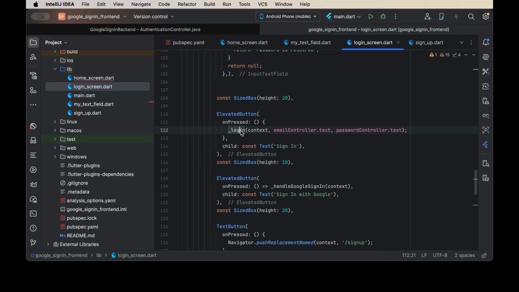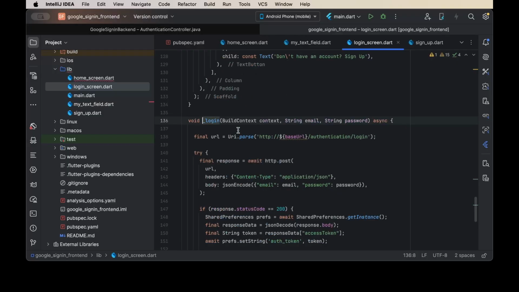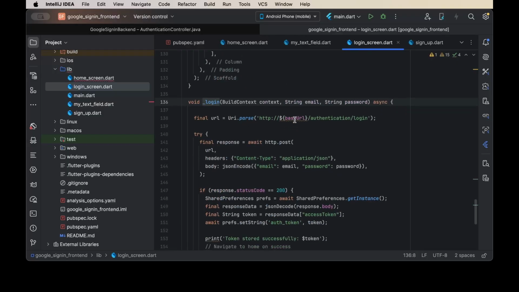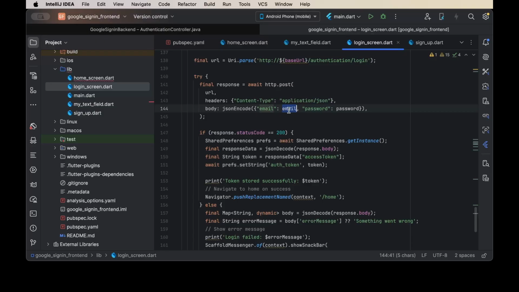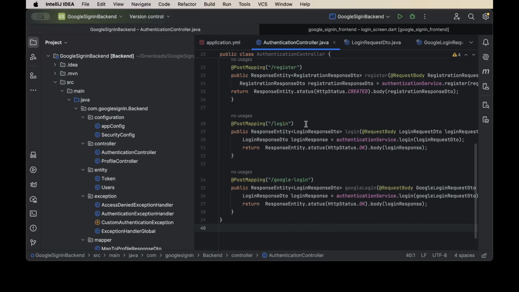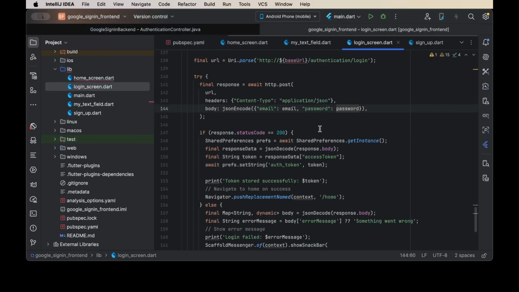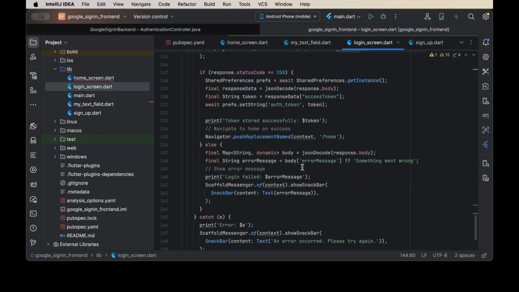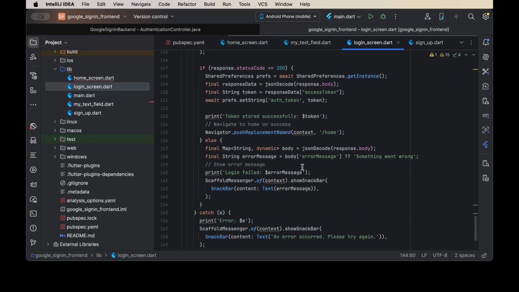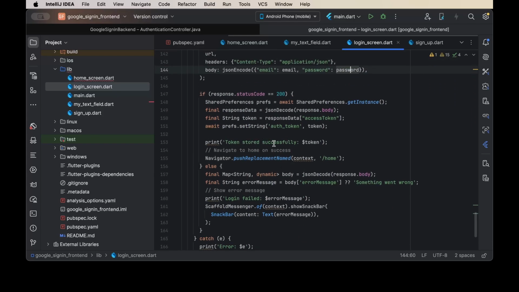If I click on the normal login button, this is logging in normally, calling the login endpoint, passing in my email and password to the login endpoint. So this calls this login endpoint there: authentication slash login. Yeah, okay. So if login is successful,